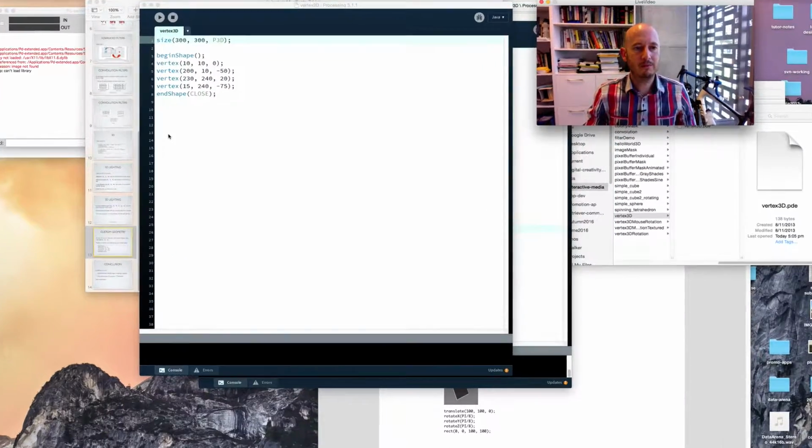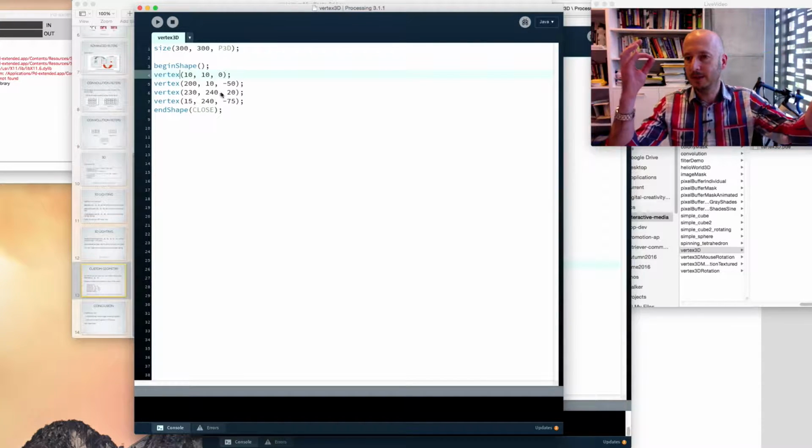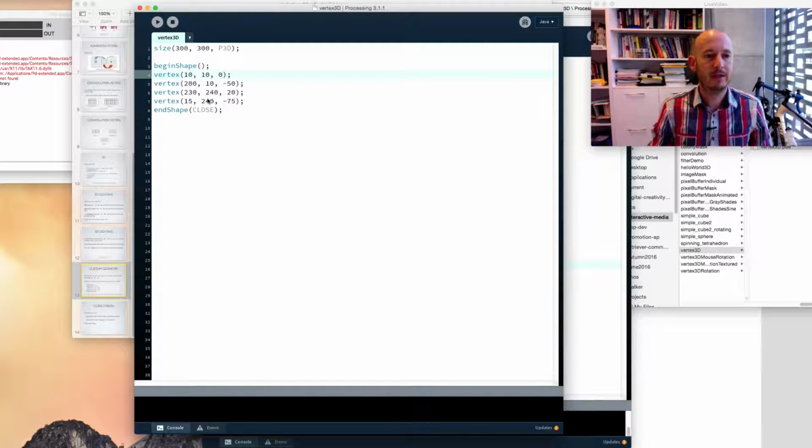So this example should be very familiar really for you. The only difference is we're in 3D mode and all our vertex commands are using 3 coordinates rather than just 2, X, Y, and Z rather than just X and Y. So I'm specifying some points here at various positions in the 3D scene, using begin shape and end shape to mark the beginning and the end of the shape, and when I run it